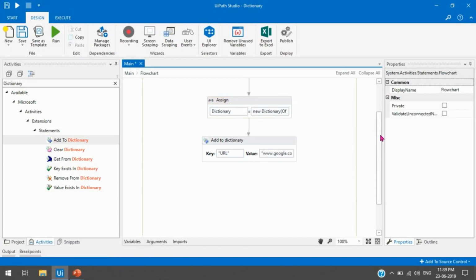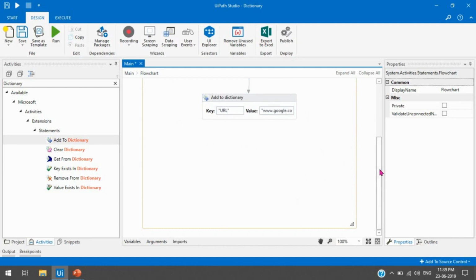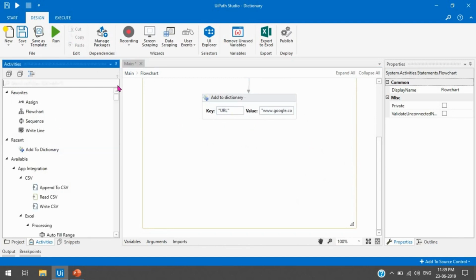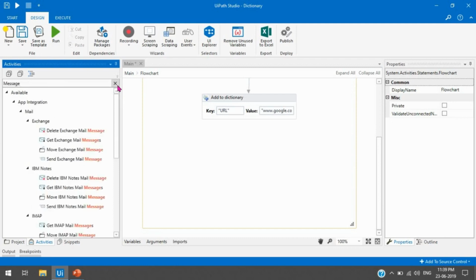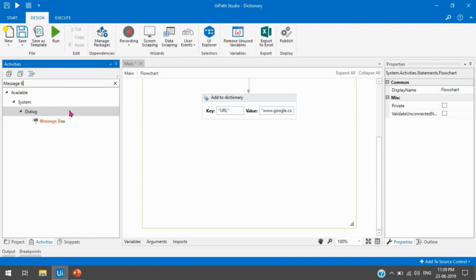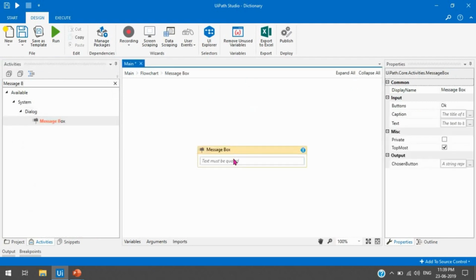If you want to check whether this value has been added to the dictionary or not, we can just take one message box and use the dictionary, and then in double quotation marks we just have to use the key name.